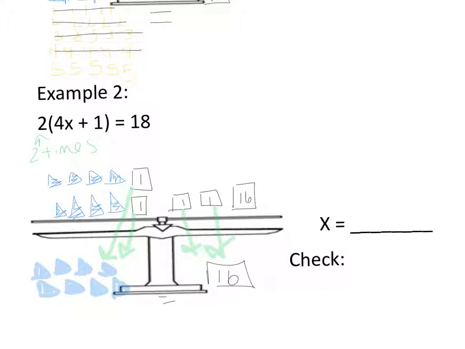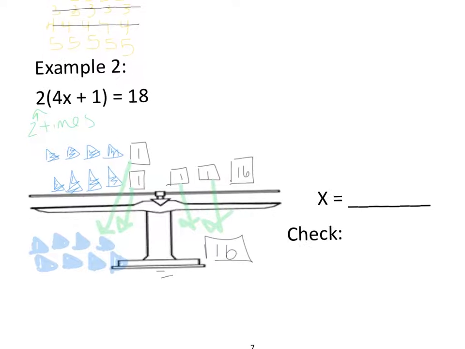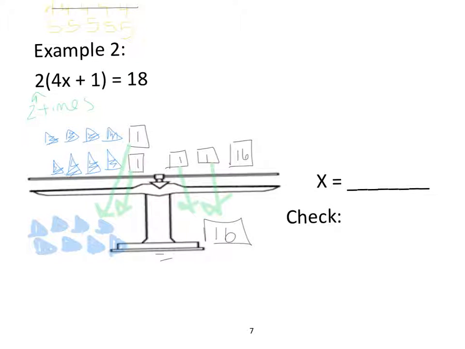So you can go through the process of guess and check like we did above, or you can look at it and say, because I know there are some of you who are smart and are looking at this going, hey, I know that each one needs to be 2. The reason that we know that each one needs to be 2 is because 2 plus 2 plus 2 plus 1, that represents the 4x plus 1. And then we do it a second time, 2 plus 2 plus 2 plus 1. And then we said that it would equal, because remember the check is going back to how we set up the problem in the beginning,